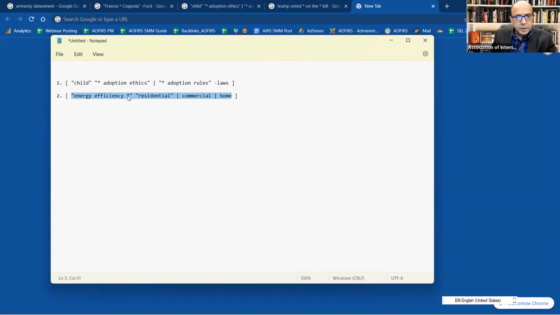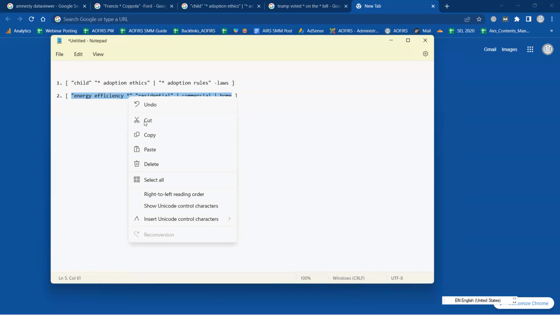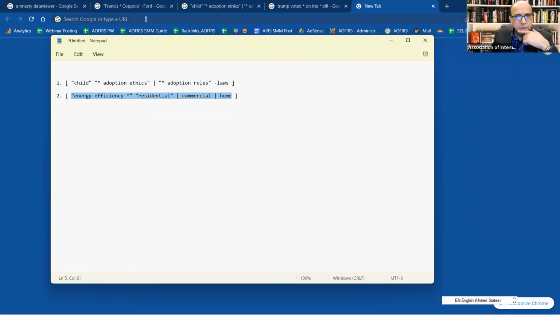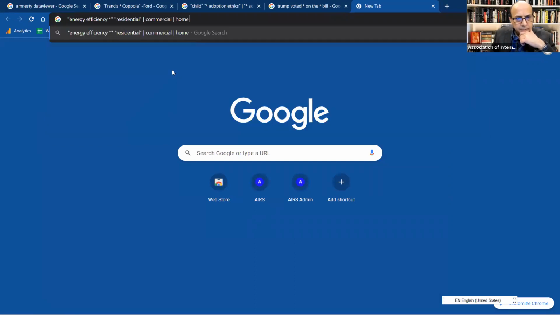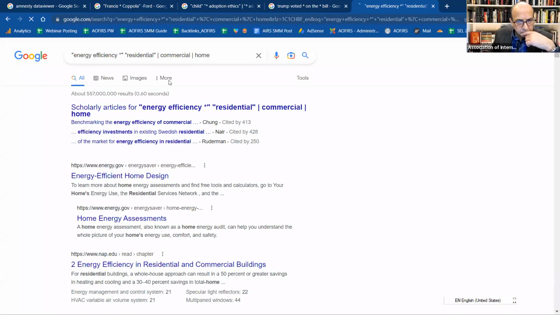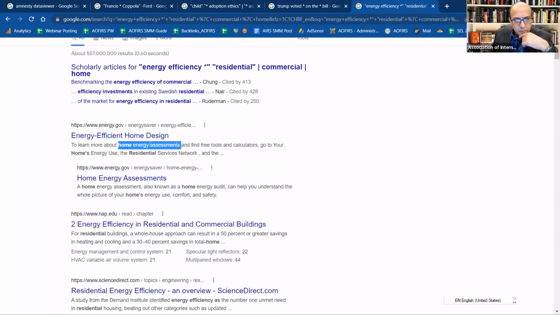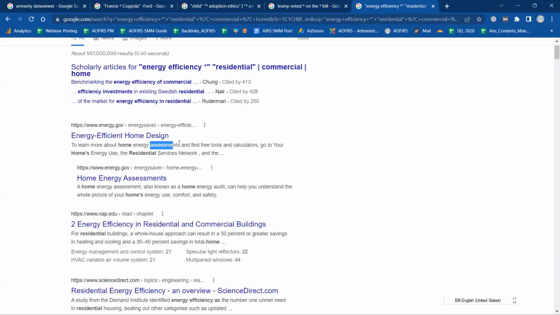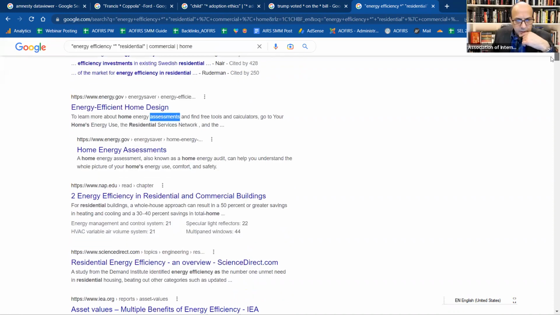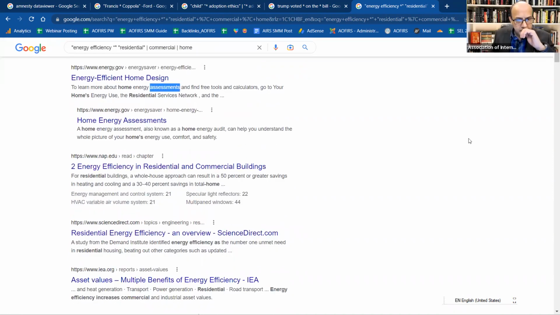So I've replaced the word incentives with the asterisk. Energy efficiency could probably do well if I just leave it with the asterisk in there. Let me try this. See the word assessment? You can see with the asterisk, it is helping you to find certain terms